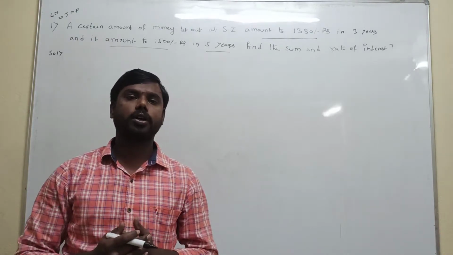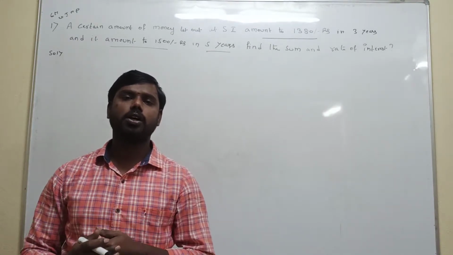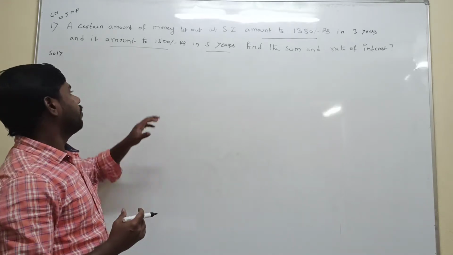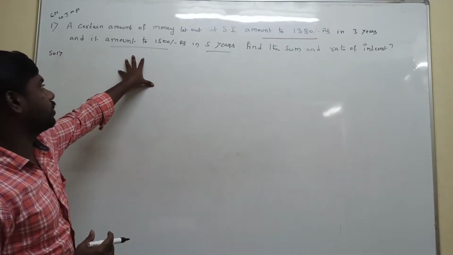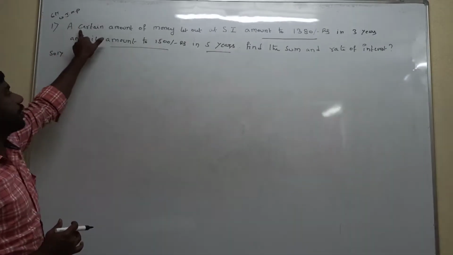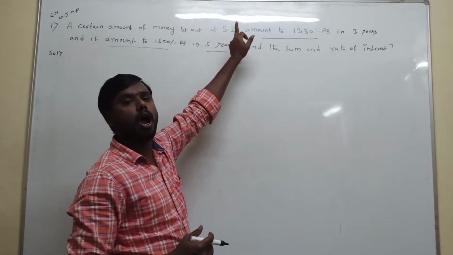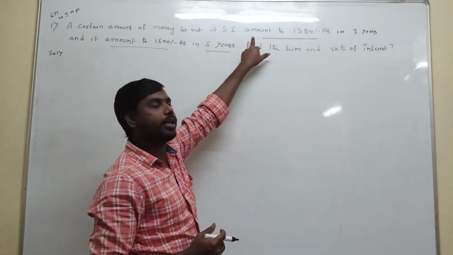Today we are discussing the left-over questions on simple interest. Now we are going to the questions. A very important question, this one is a 6-mark question. See the question: a certain amount of money at simple interest amounts to, meaning the total amount here is given,